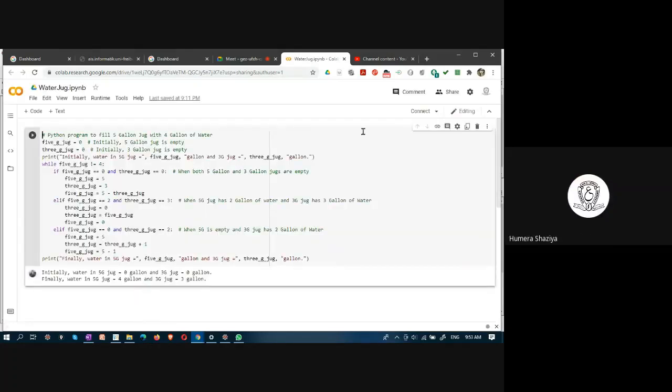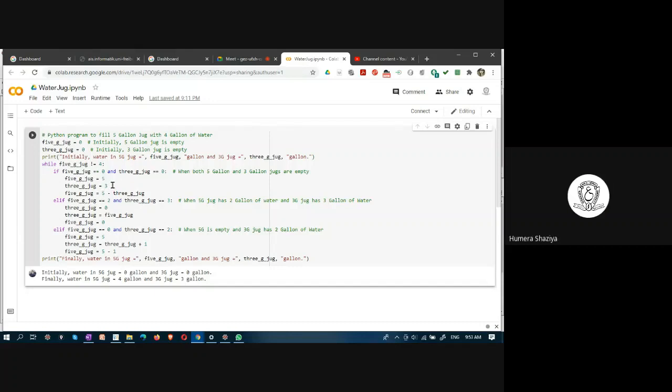Okay, it has come. Python program to fill a 5 gallon jug with 4 gallons of water. Okay, 5 gallon jug equals 0, 3 gallon jug equals 0. Initially water in 5G, 3G. While the 5 gallon jug is not equal to 4: if 5 gallon equals 0 and 3 equals 0, then what are you doing? Acha, this is like a rule, a production rule.